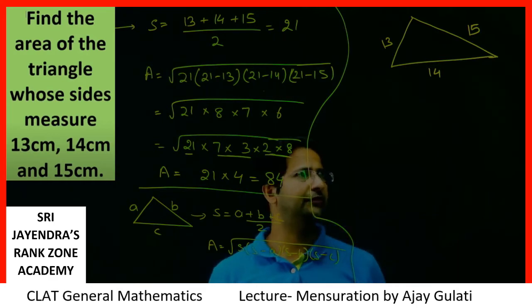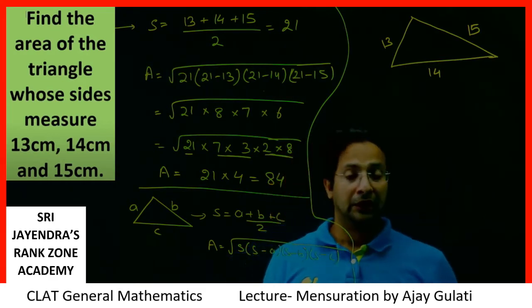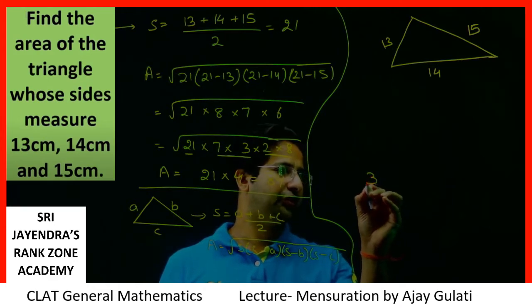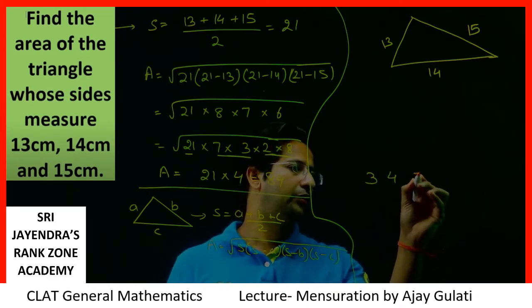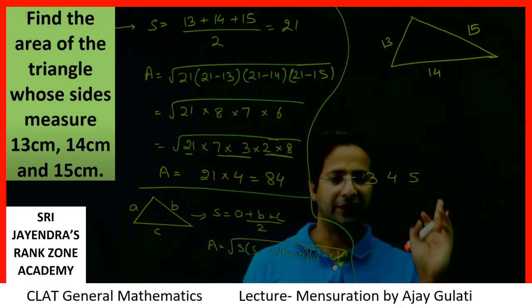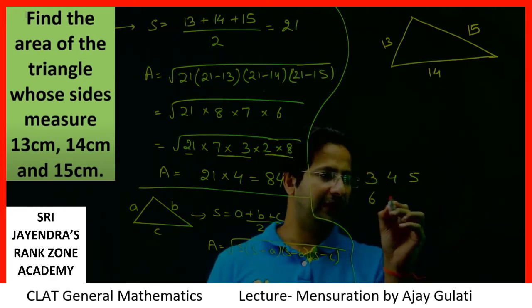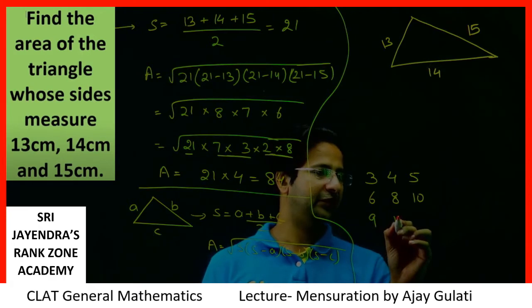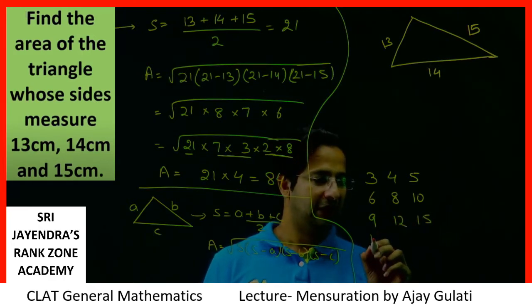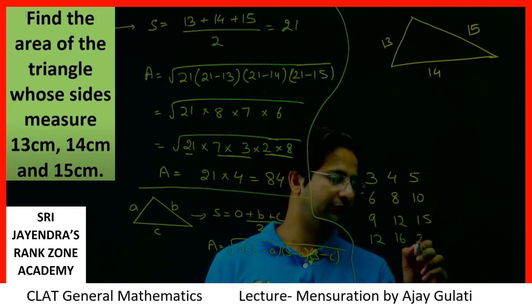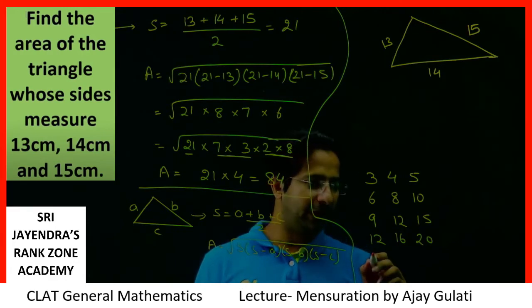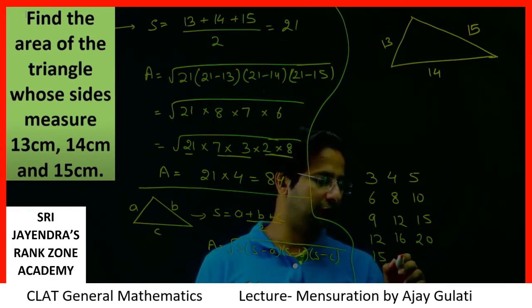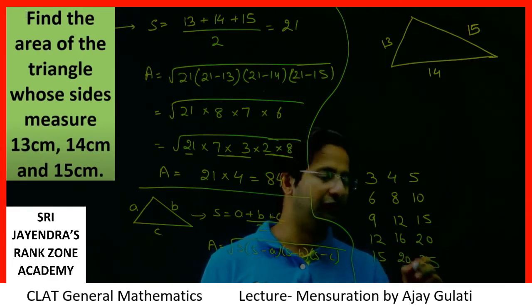and this is a very important concept which I am telling you right now. See, we have a Pythagoras triplet 3, 4, 5. 3 square plus 4 square is equal to 5 square. Everyone knows this. If you double it, then also it will remain a Pythagoras triplet. If you triple it, then also it will remain a Pythagoras triplet. If you make it 4 times, or even 5 times, then also this will be valid as a Pythagoras triplet.